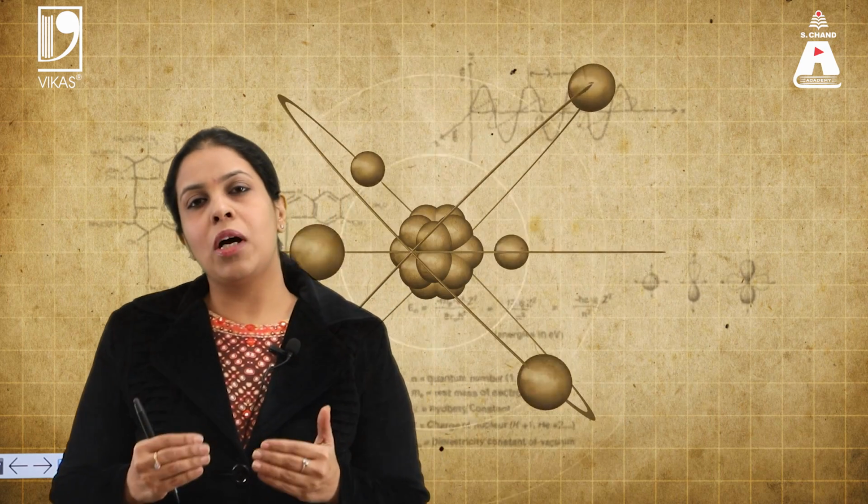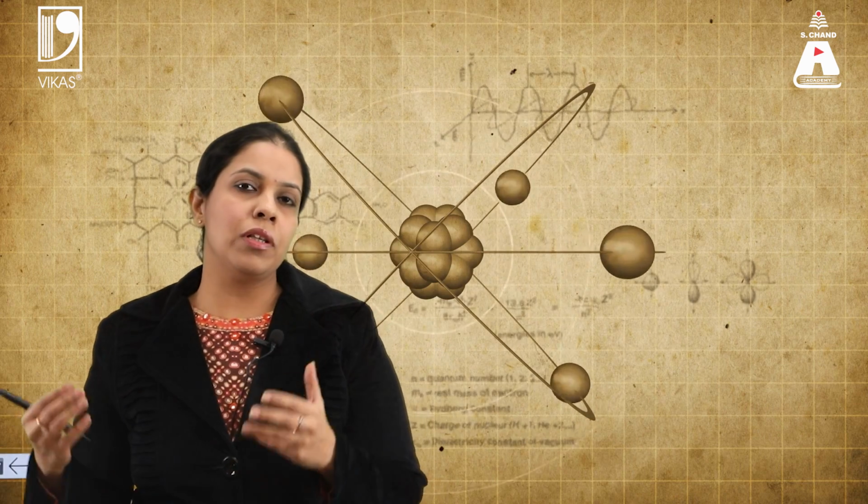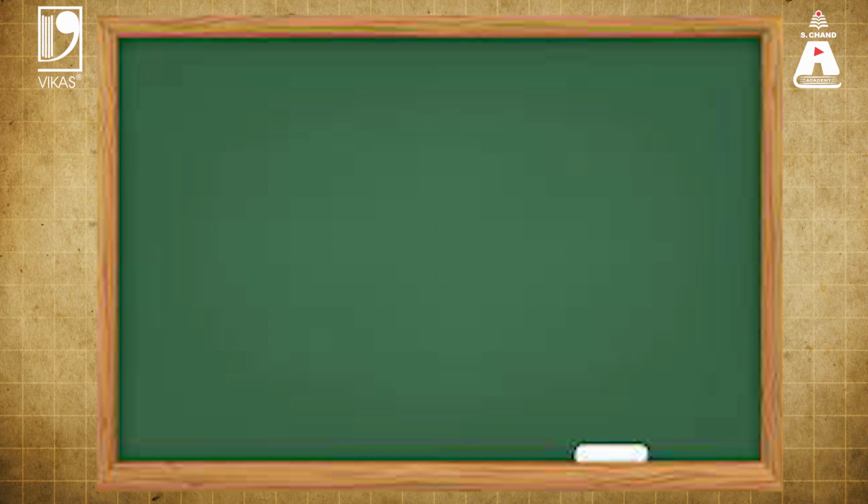Over here we are discussing periodic properties. In the first part we discussed 2 points, effective nuclear charge and penetration of orbital. In this part we are going to discuss how the energies of orbitals vary, the variation of s, p, d and f orbital energies in different properties, and the last topic is our electronic configuration, which is a very important topic.